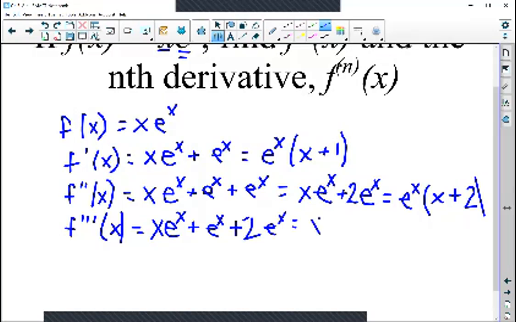That x e to the x plus 3. 3. That's a bad 3. Or if I factor out the e to the x,